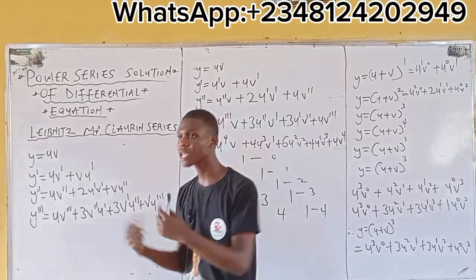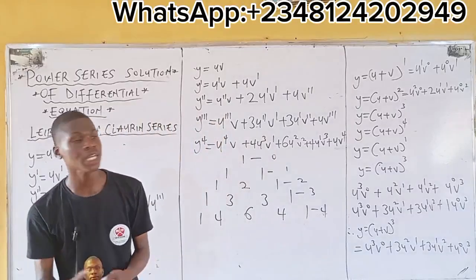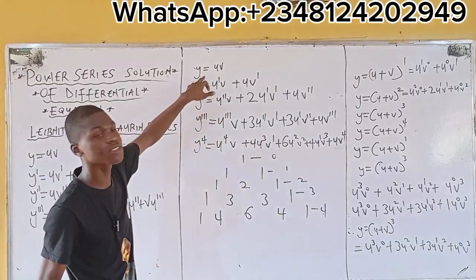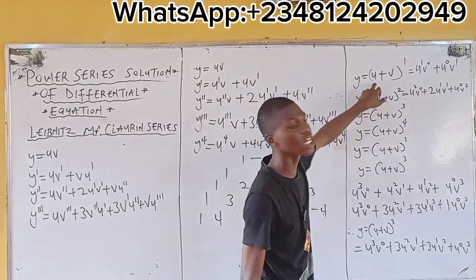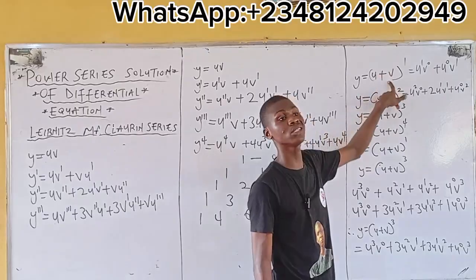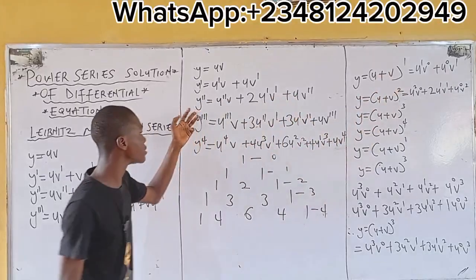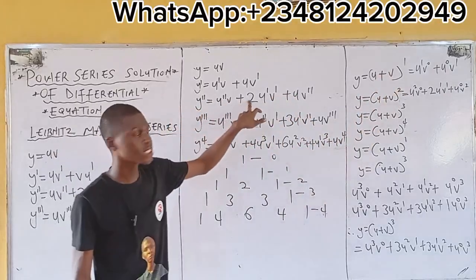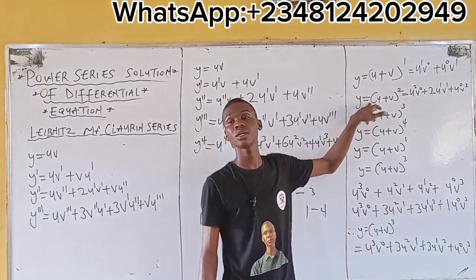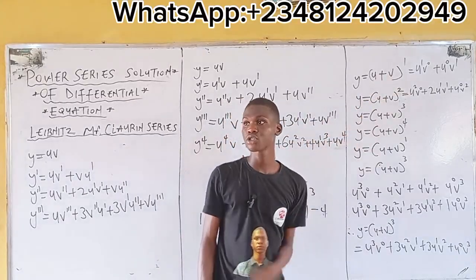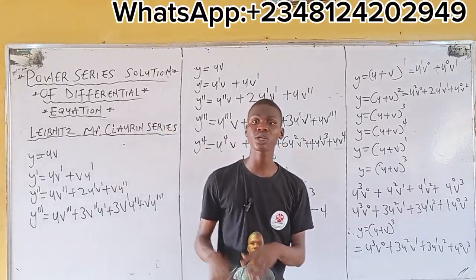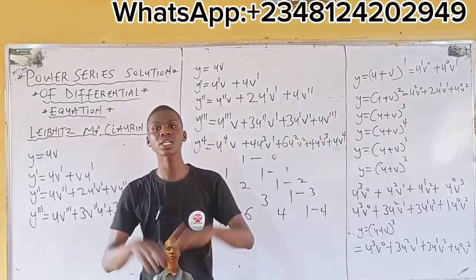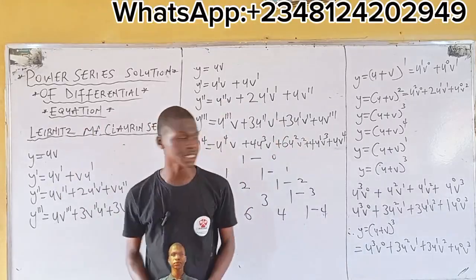Now, you observe that there's no difference. Meaning in this case, the first derivative, y raised to the power of 1, is equal to this expression, when the power is 1. The second derivative, we got this. It's still the same thing as when the power is 2 in this case. So in essence, what we are saying is that, any questions so far? So in essence, what all of this means is that given that